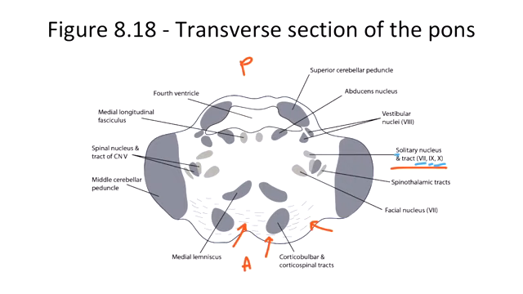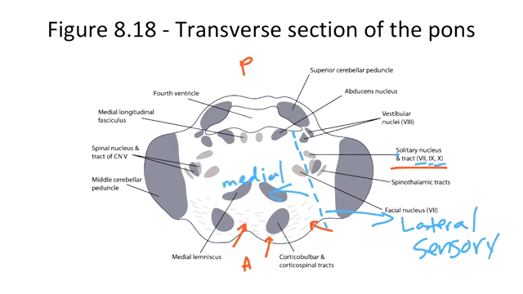Rather than memorizing all of the details of cross-sections of the brain, I find it helpful to use a landmark called the sulcus limitans as a guide to answering many of the cross-sectional questions you'll see. The sulcus limitans, which is approximately right here, is useful because it divides the sensory nuclei from the motor nuclei. Those nuclei lateral to the sulcus limitans are sensory,